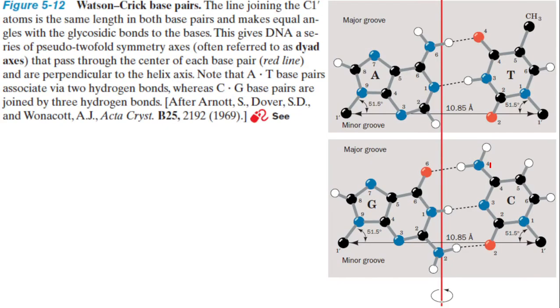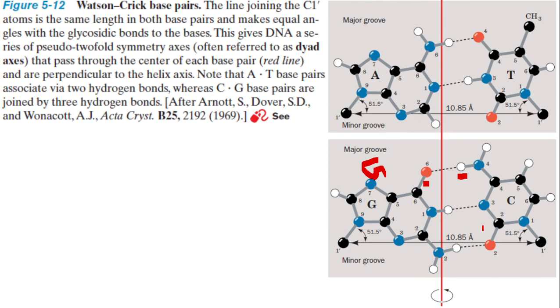And how are they bonded? What are these? This is guanine and cytosine. Between guanine and cytosine, there are 3 hydrogen bonds. This is an NH2 group. And what you see here, this NH is the hydrogen donor. This oxygen is a hydrogen acceptor. So a hydrogen bond is always formed between a hydrogen donor and an acceptor.